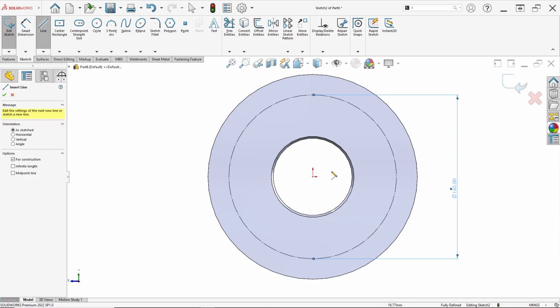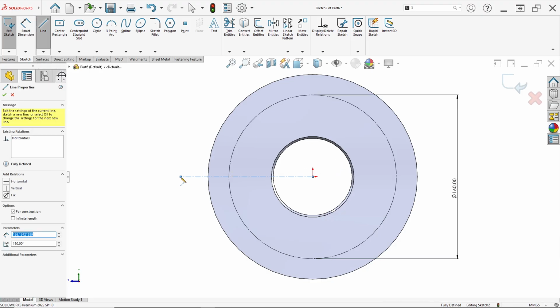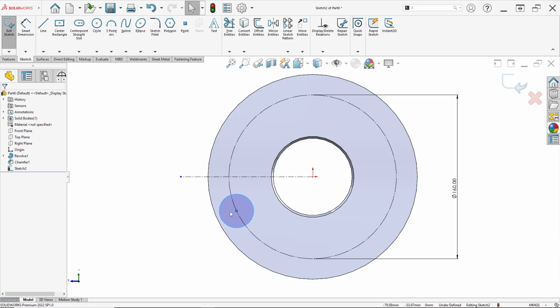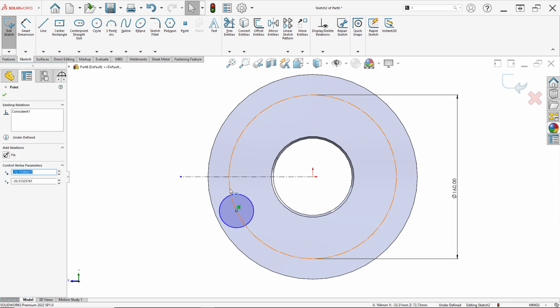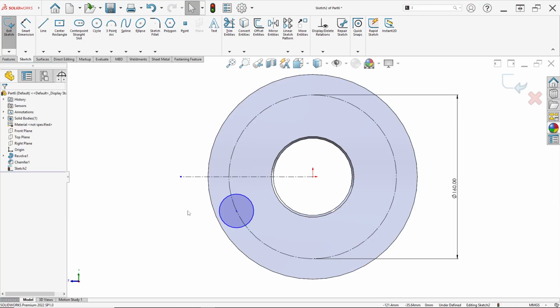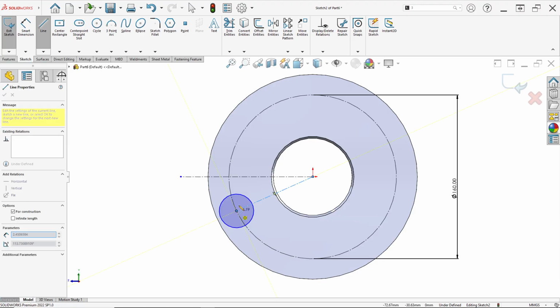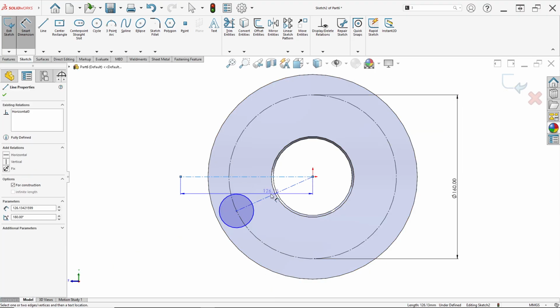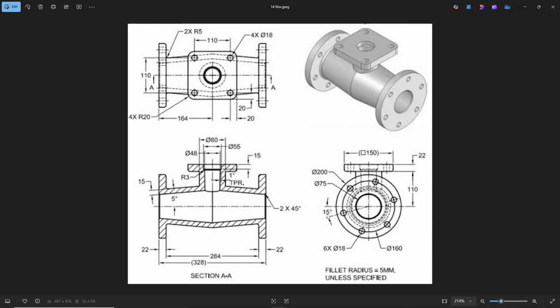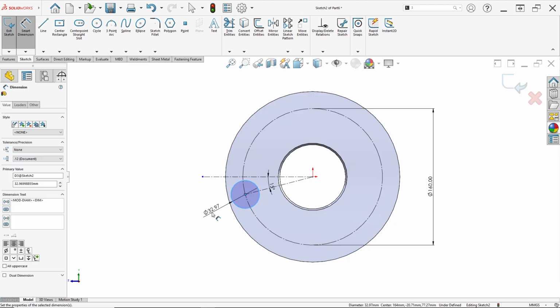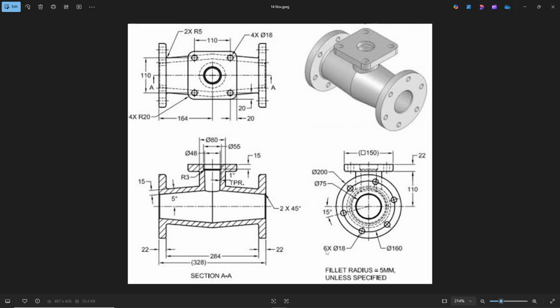And just draw a center line from this to this, and then click circle, draw this circle in here, like this. Ensure this circle and this circle, click make coincident. Then we draw a center line again, this to this, and set the dimension from this center line to the center line at 15 degrees. 15 degrees like this. Don't forget this hole has a diameter of 18 millimeter. So in here there are 6 holes.